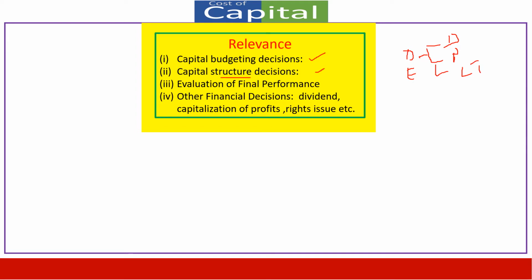Then evaluation of financial performance. The company performs over one financial year. We need to understand how the performance was. Did they achieve the target of cost of capital plus something added on? And other financial decisions: dividend payment, capitalization of profits,